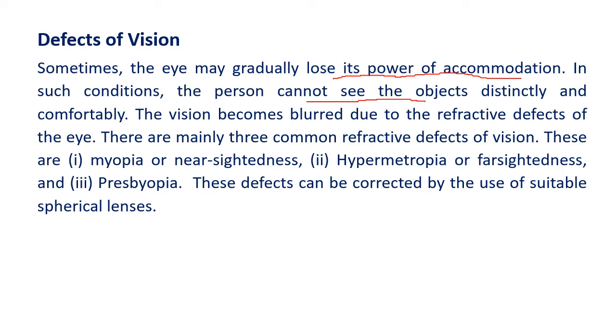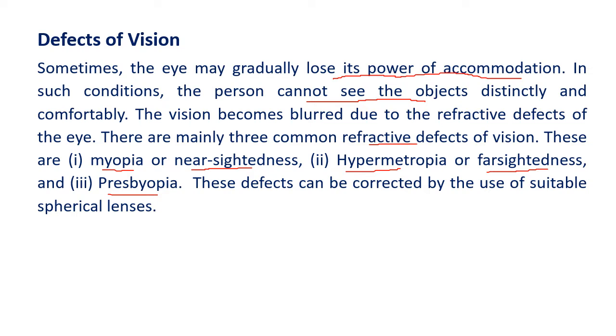There is the cornea. We saw yesterday when the cornea becomes opaque, it leads to cataract, and the remedy is a cataract surgery. Now we see the other defects of vision here. Refractive defects means when the refraction is not proper. So these defects are myopia, also called nearsightedness, hypermetropia, also called farsightedness, and presbyopia. There are other defects also like astigmatism, but it is not part of the syllabus. You can see the information on the internet.